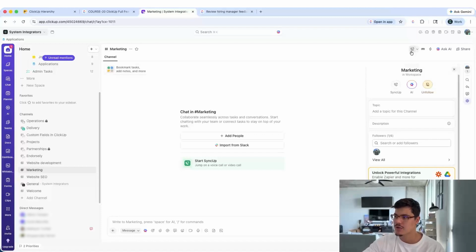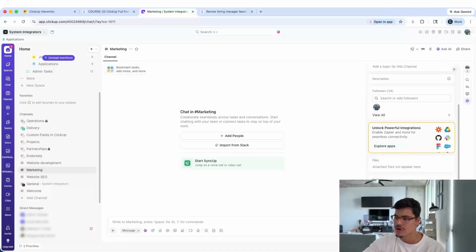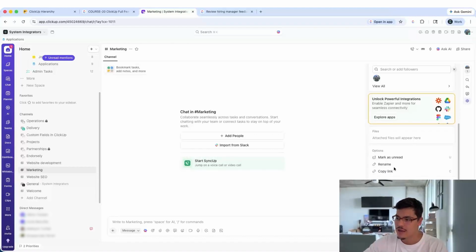Again, accessing SyncUp, you can do this from the top right corner over here. Finding all the attachments might be helpful when you're attaching files here. You can find all of them right here under the settings. All right, and there are a bunch of other basic settings, like making this channel a favorite, as we already discussed, emailing to channel, which again, we already reviewed as part of